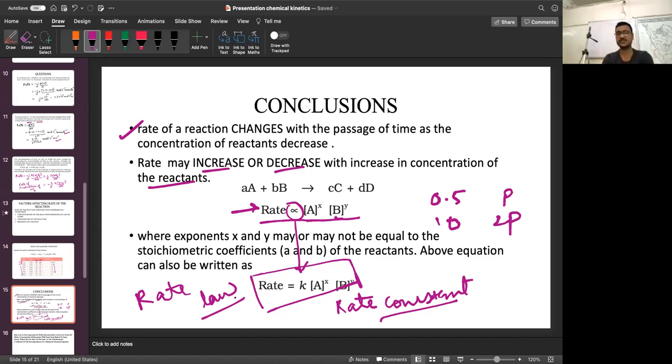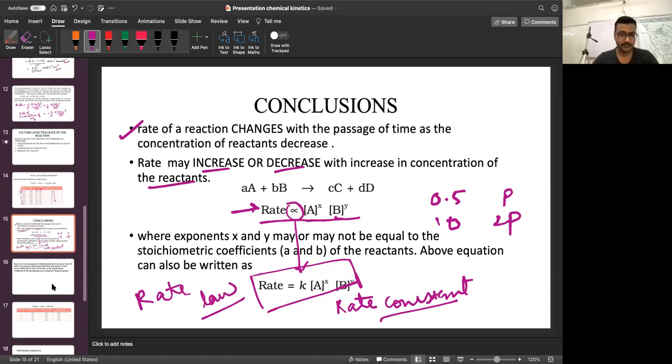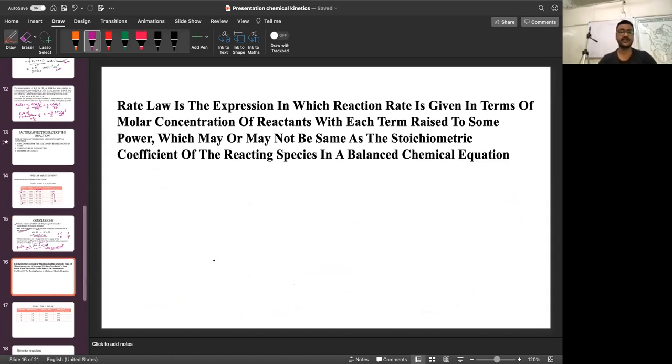Okay. Likewise, the equilibrium constant can be altered with a change in temperature. Similarly, the rate constant can be changed with a change in temperature. At constant temperature for any particular reaction, the value of K is constant. That's why it is called the rate constant, and it is a specific property for any reaction. It may tell us how fast the reaction will go. The higher the value of K, the faster the reaction will go. Okay. So moving ahead, this is a definition for the rate law.